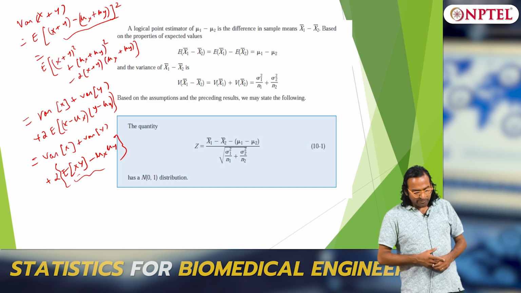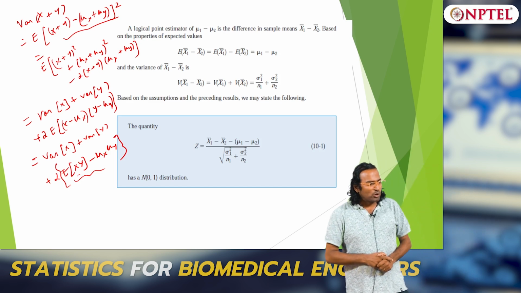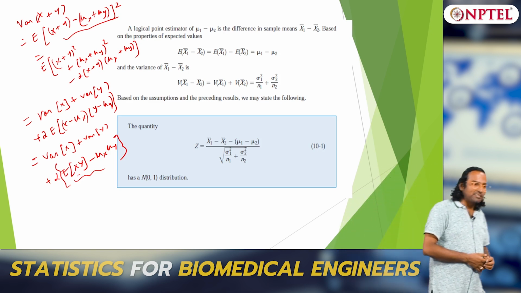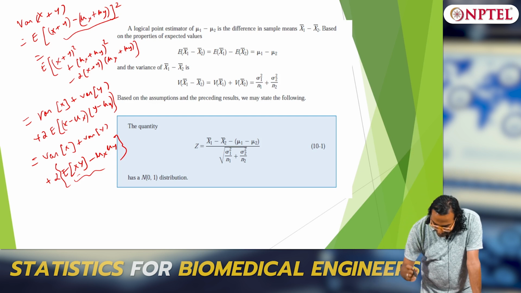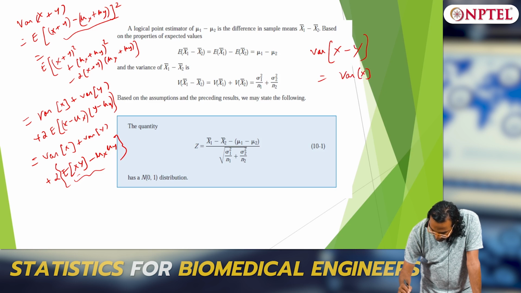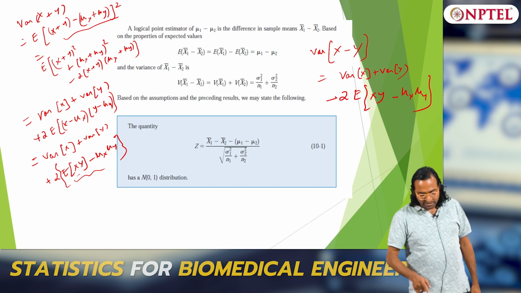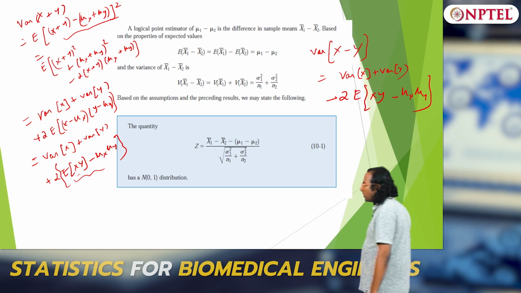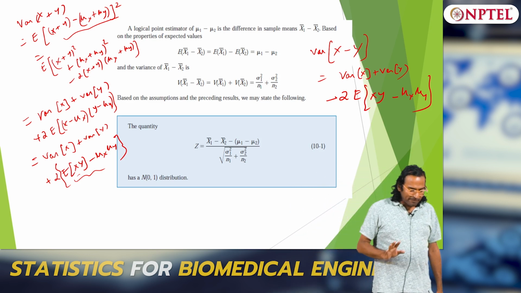Now when you have variance of x1 minus x2, what do you have? It is nothing but, since they are independent, variance of x1 bar plus variance of x2 bar. Okay, if you take variance of x minus y and expand this, it will be variance of x plus variance of y minus 2 times the covariance. So this variance of x1 bar plus x2 bar is nothing but sigma 1 squared by n plus sigma 2 squared by n. This is my variance.